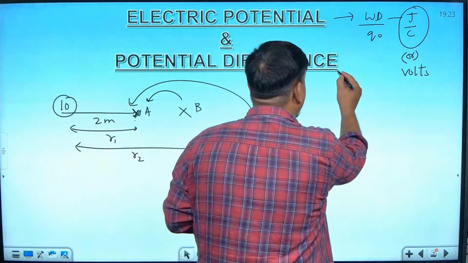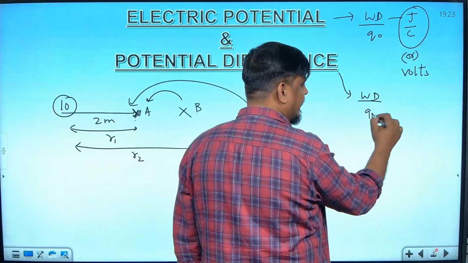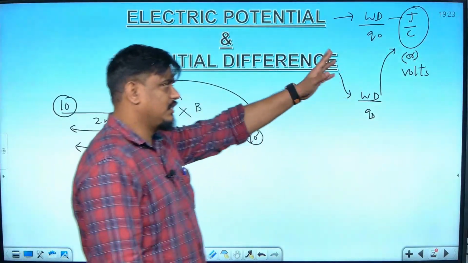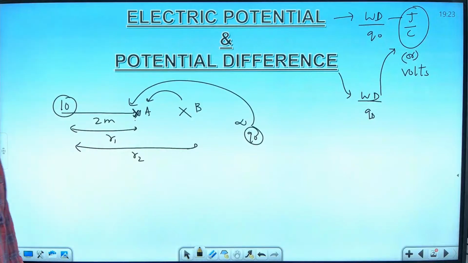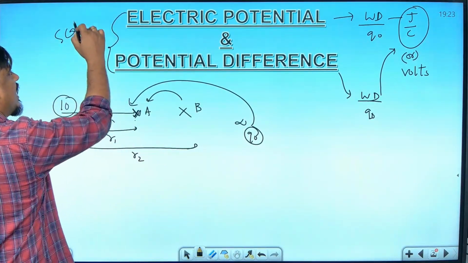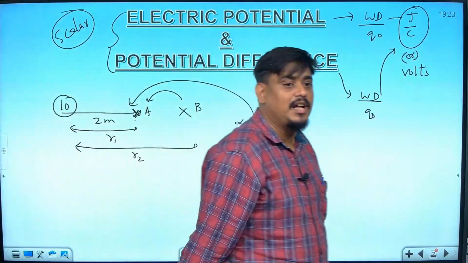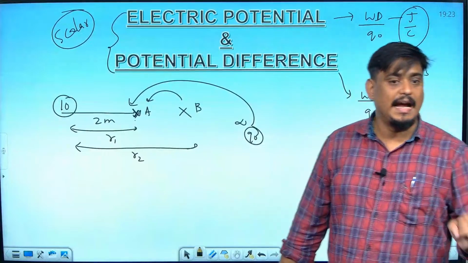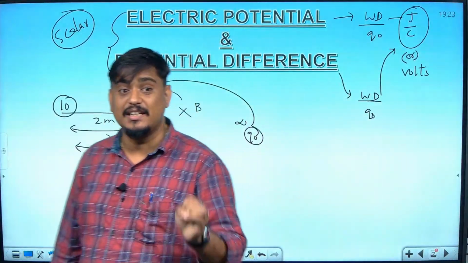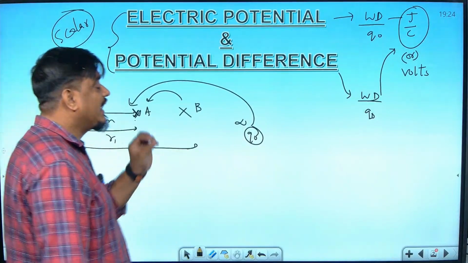Numerically, it also has the same formula. What formula? Work done per unit charge. And once again, same unit and same dimensions, joule per coulomb. Always remember, electric potential and potential difference are what quantities? Scalar quantities. They don't have any direction. Unlike electric field and electric force, which had directions, electric potential will not have any direction, and that is the